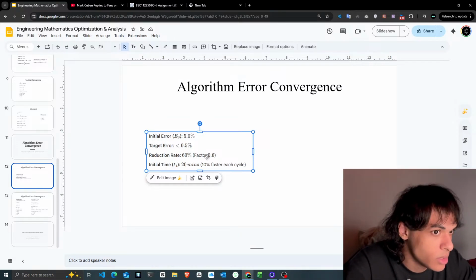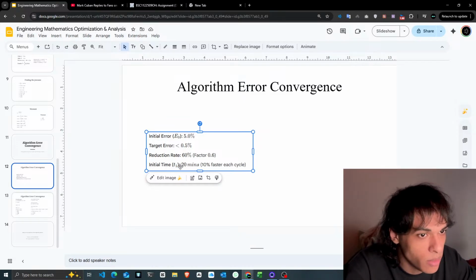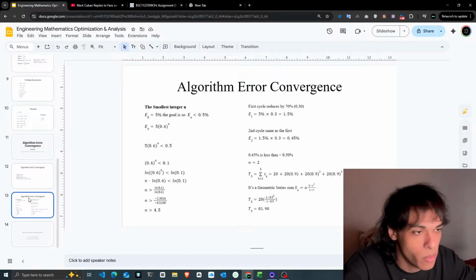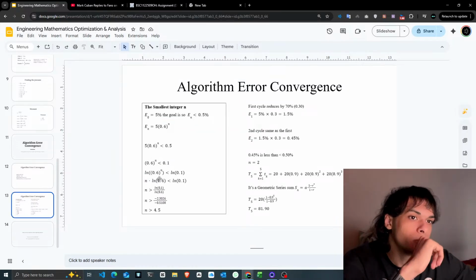A reduction rate is 60%, as we said. Initial time is 20 minutes, okay? 10% faster with each cycle, okay? So we need to keep that in mind. So firstly,